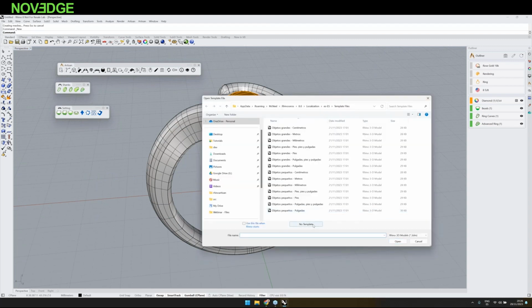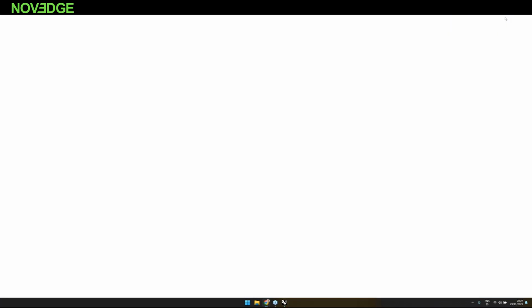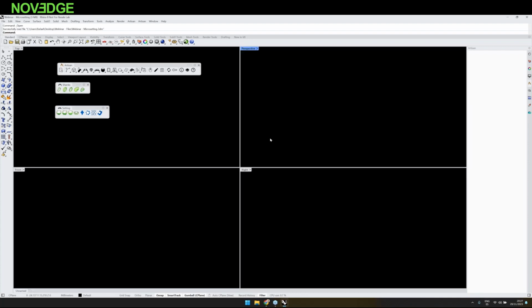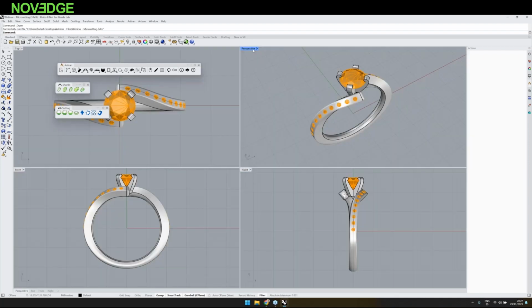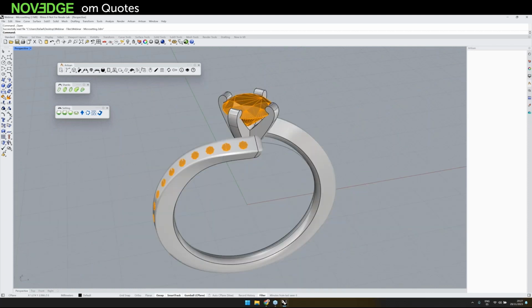In the third one, we will talk about microsetting. Okay, we will talk about microsetting. Then I have a model here to do that microsetting in order to save time. But basically, I want to create a microsetting in that design. Okay,